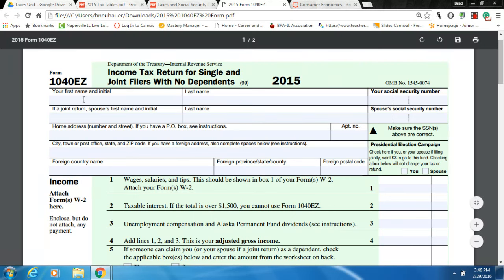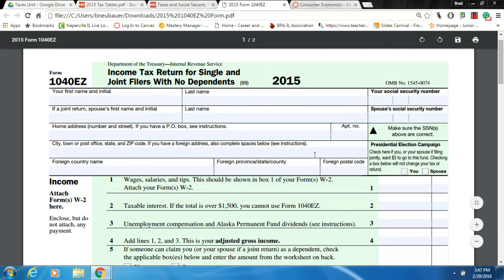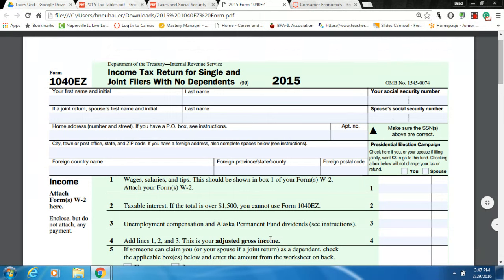Okay, so we are going to do the 1040 EZ form. It is exactly as it sounds. This is a very easy form to fill out. For most of you, if not all of you, this would be the form that you would fill out to do your taxes. What we're going to do with this form is we're going to do one of the scenarios